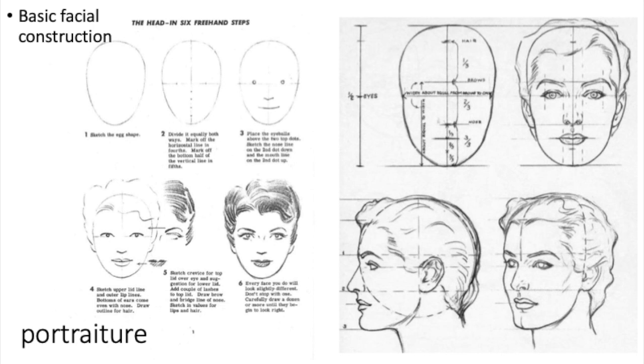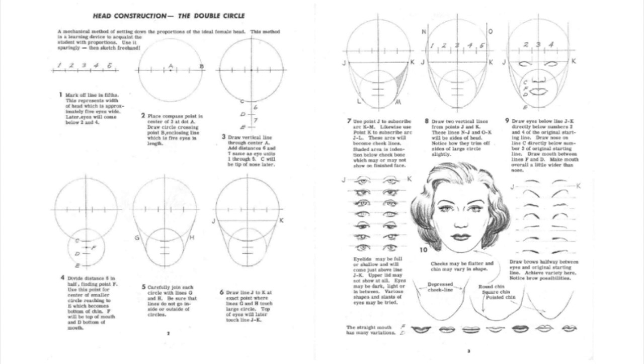And then you can also see an illustration on the lower right of the basic sphere for skull with this extended tapered box for jawline that we can use to build up a face if it's off front. So if we're looking at something that's a 3/4 view, for instance. Here's an example where you can construct a face full front with a circle, a smaller circle, and then adjoining